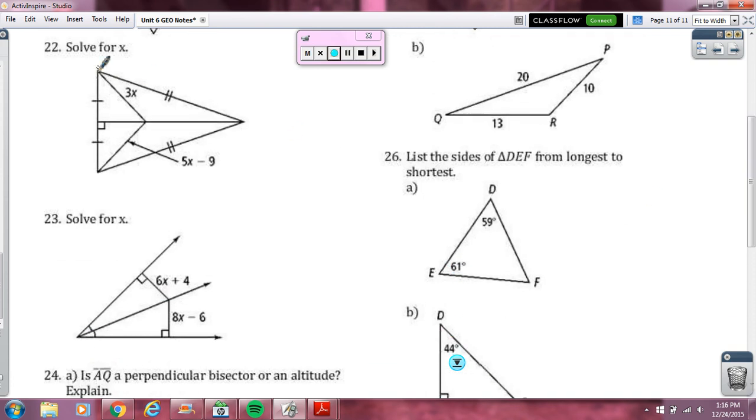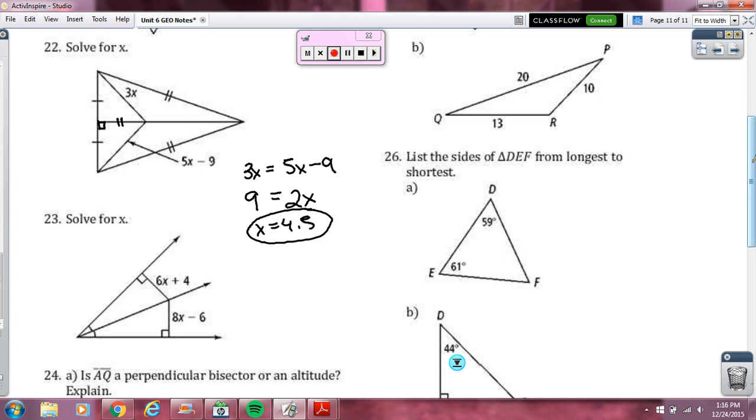Ooh, solve for x. This looks gross. Alright, so I see a perpendicular bisector that comes down, and I know with perpendicular bisectors, I end up making like a side angle side, like congruent triangle kind of phenomenon. So that 3x and that 5x minus 9 are going to be equal. And if I put the 9 over here, subtract 3x, that gives me 2x equals 9. So x is 4.5,